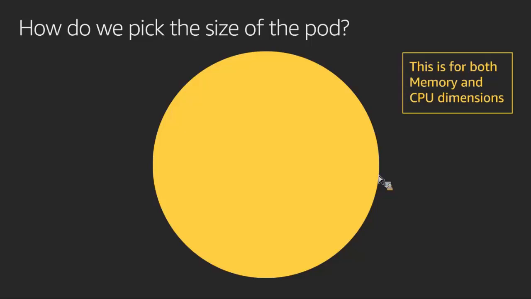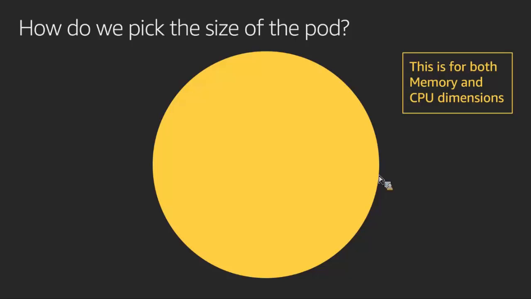So now that we have a clear view of how the EKS control plane picks what needs to go on Fargate and what needs to go on EC2, we need to discuss how we size that pod. This is obviously a problem that did not exist